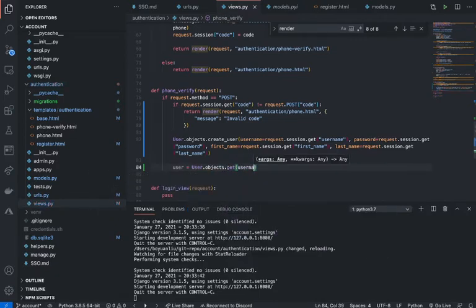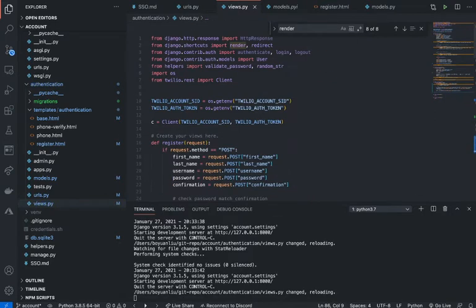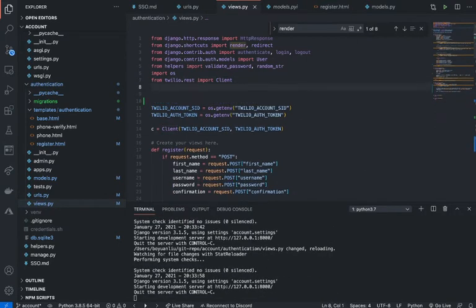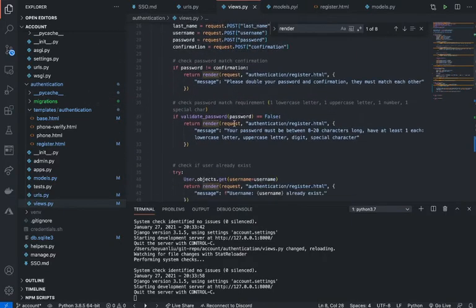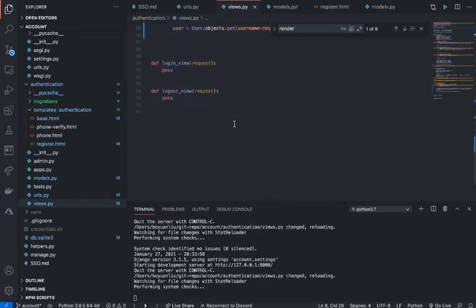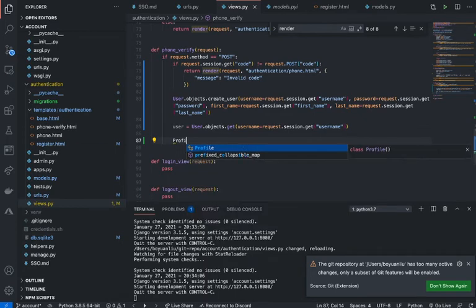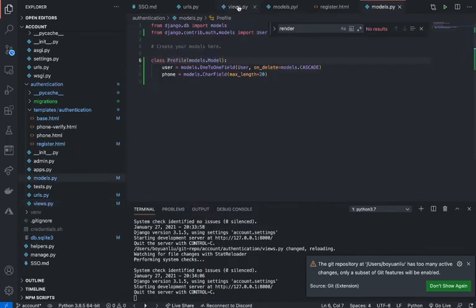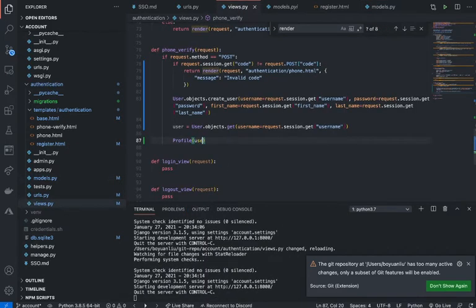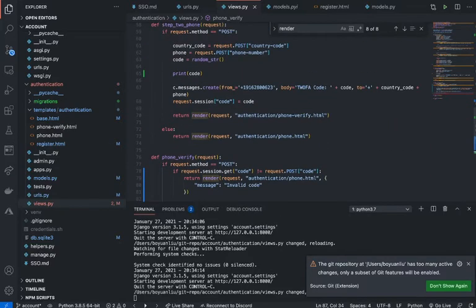User.objects.get. Alrighty. So then what I can do, in here I can say from .models import Profile. And in here I will say Profile, I can say user equals to user, phone equals to